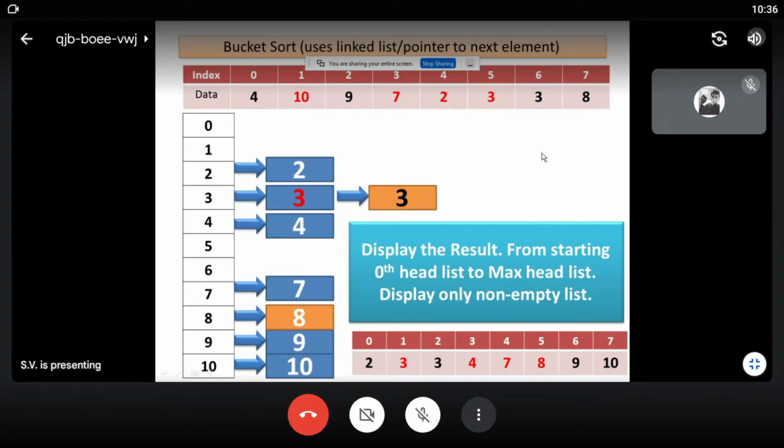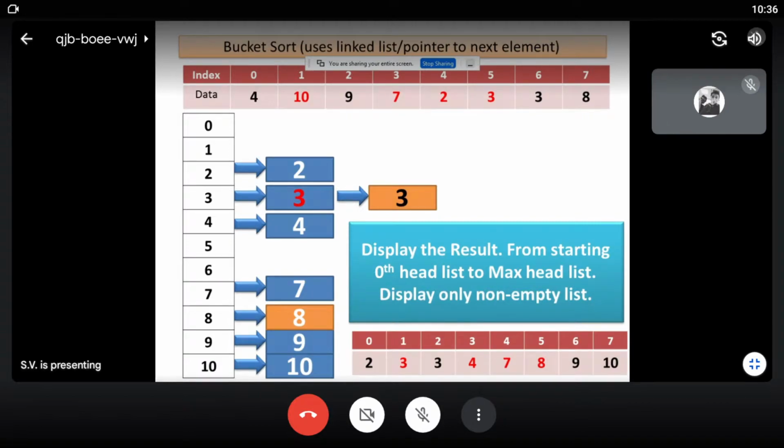Now, what is the problem or limitation with this scheme? Suppose I have data which is 100 in this, or which is 1000. What will happen? The number of empty cells will be more, and in that case, the management of the linked list heads will consume some memory.